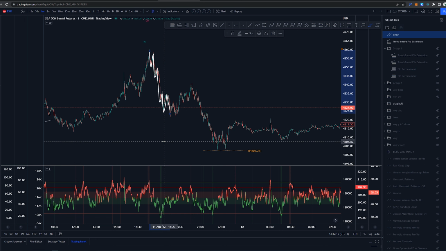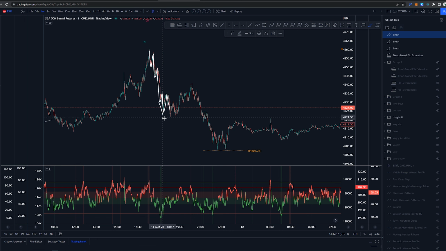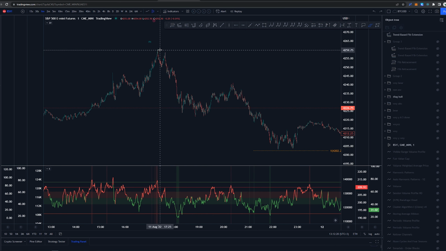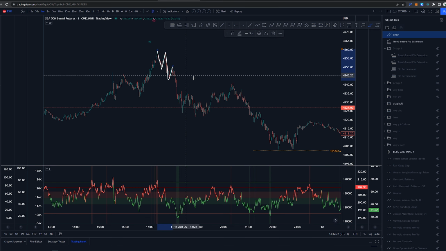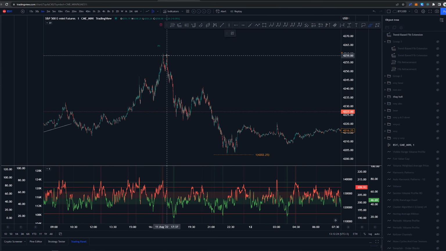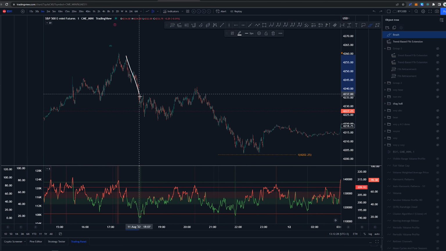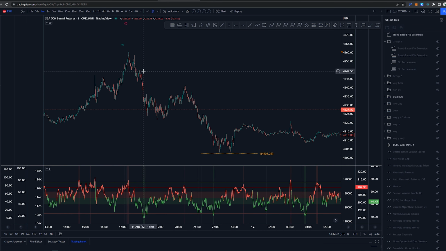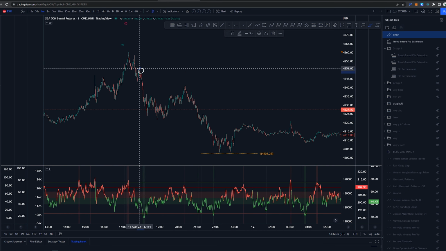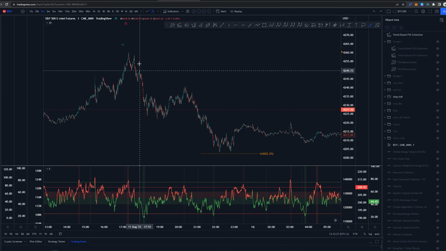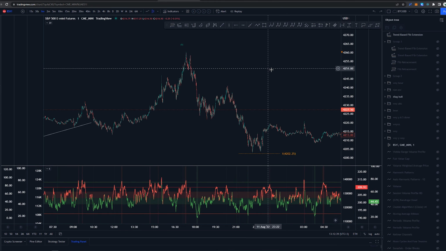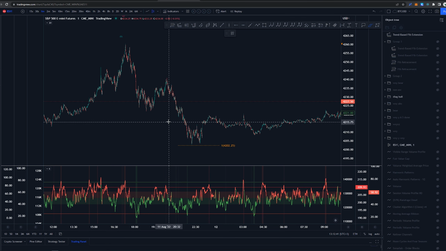We see double divergences happening here between this and this, which again would agree with the idea of this having a 1-2, 1-2. In that sense, I got pretty lucky, as this was another 1-2 here, and just did not straight dump here, so I could actually get in. So yeah, I'm not FOMOing in, I was looking for a retracement, which happened, and only then I would jump in. So yeah, that looked pretty good.